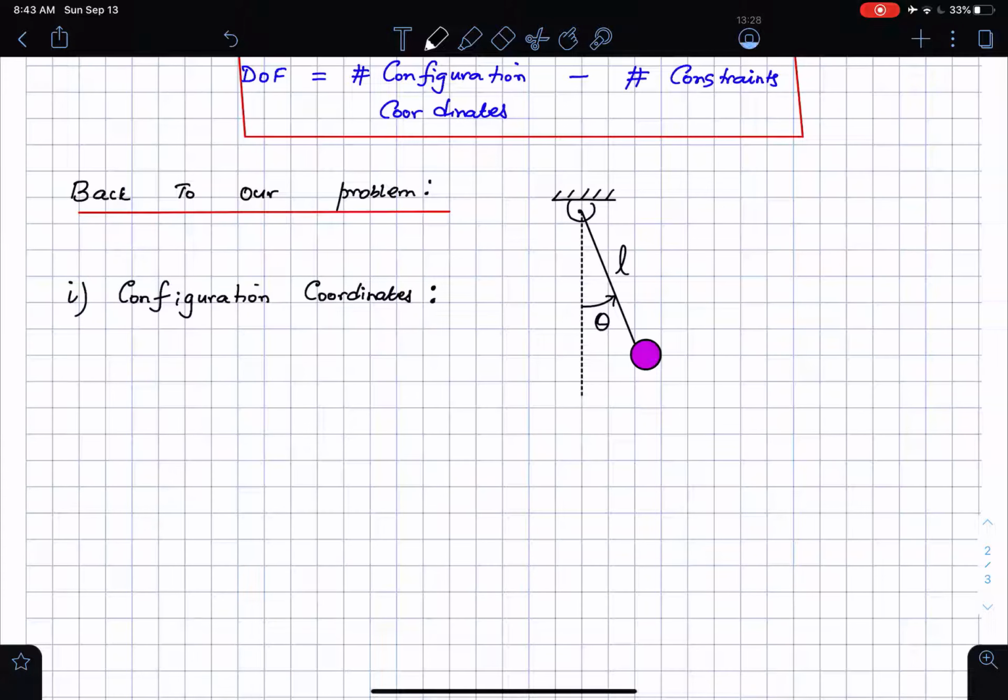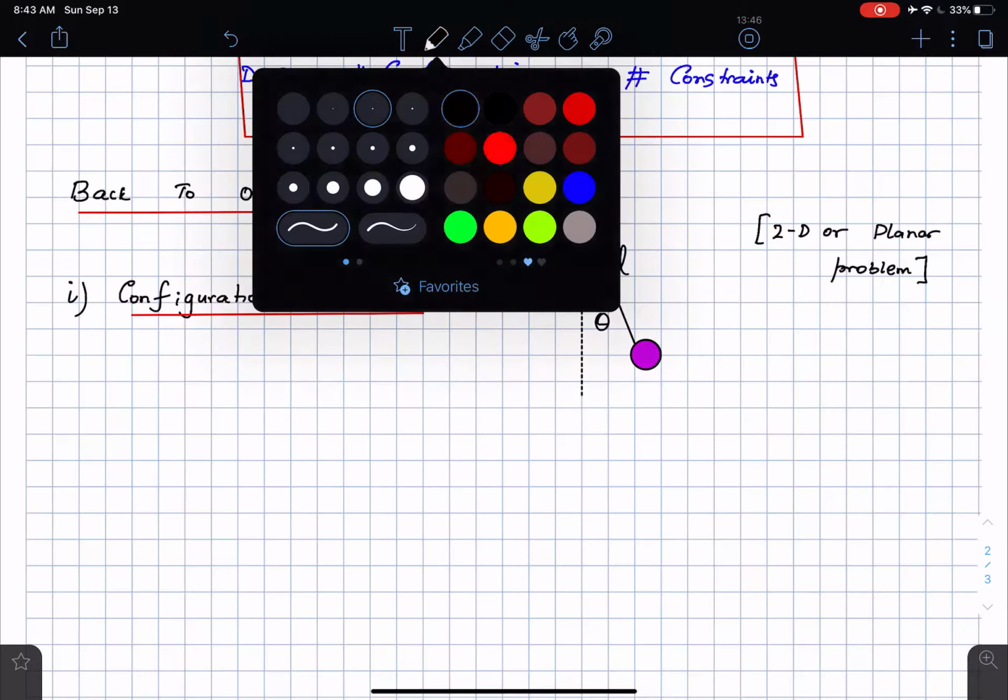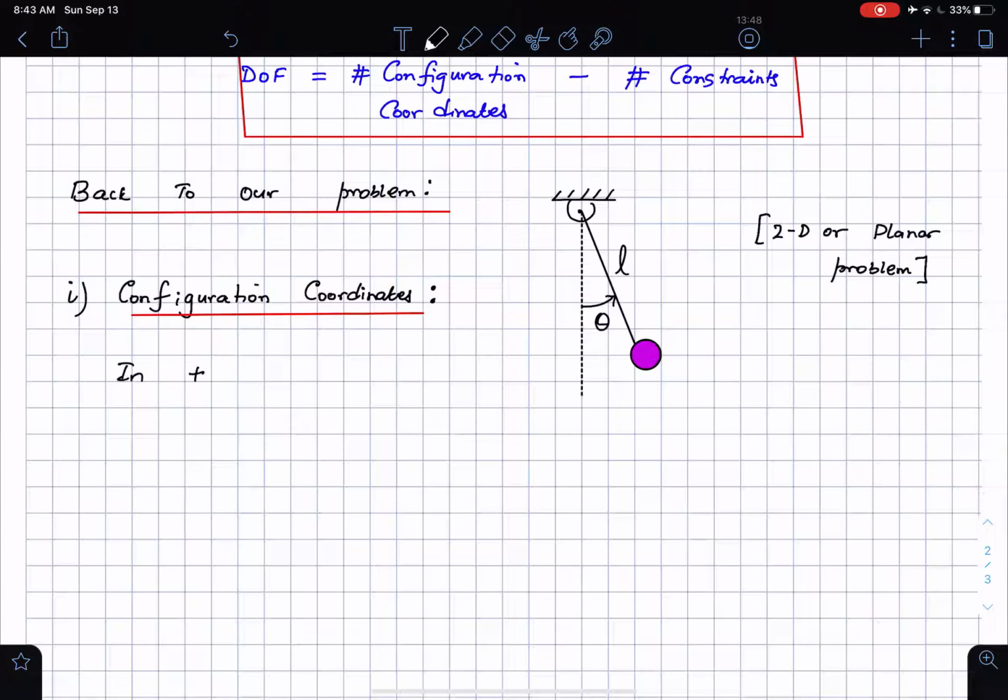Typically we are doing this as a two-dimensional, or planar, problem, which means that what I have to first think of is this: in the absence of a constraint,